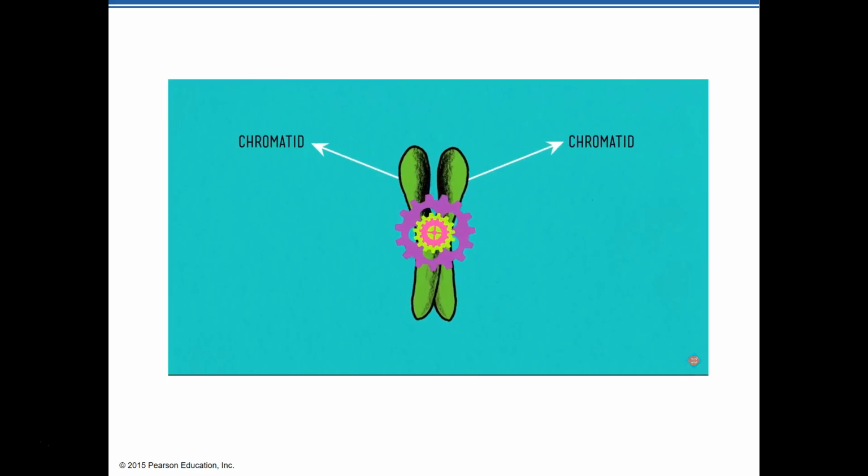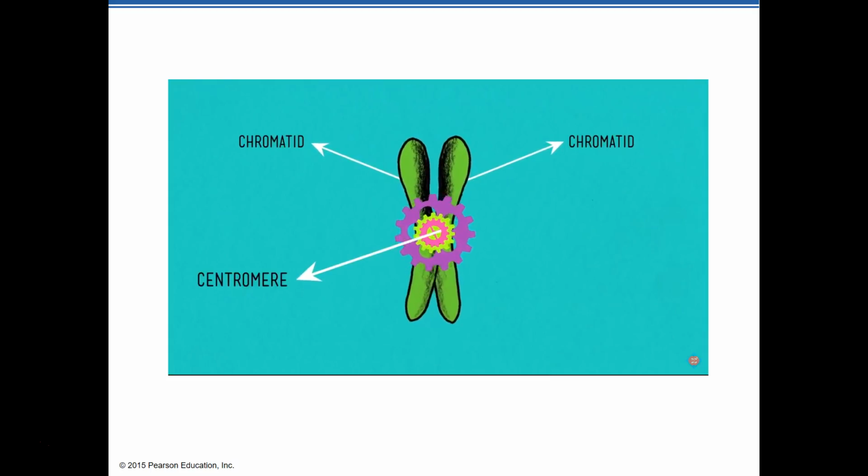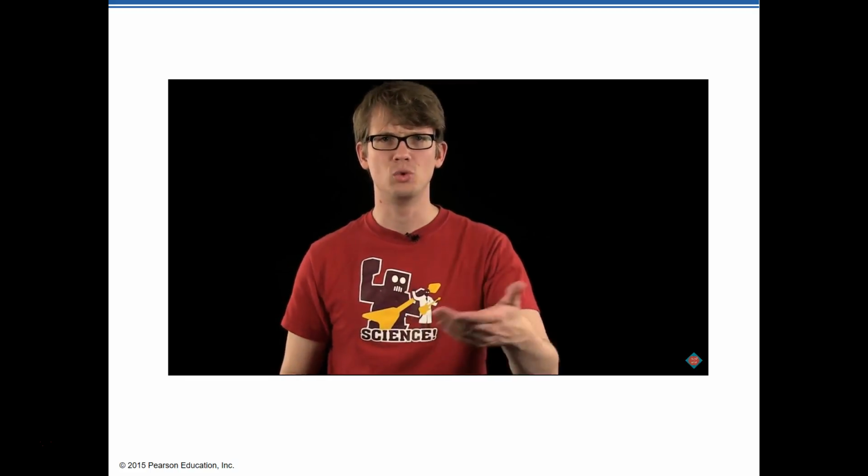These are called the chromatids, and one copy is the left leg and arm of the X, and the other copy is the right leg and arm. Where they meet in the middle is called the centromere. Just so you know, these X's are also called chromosomes, sometimes double chromosomes or double-stranded chromosomes, and when the chromatids separate, they're considered individual chromosomes too.